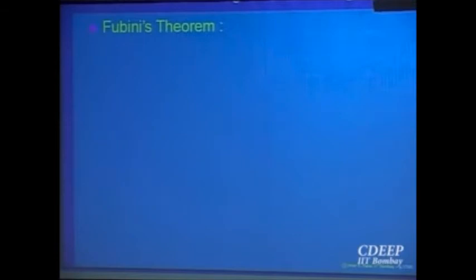And the theorem, which is called Fubini's theorem, says: supposing your function is integrable, for example, a continuous function defined on a rectangle [a,b] cross [c,d]. Now it is a function of two variables. If you fix one of the variables, then it becomes a function of one variable on that appropriate interval. And it is a continuous function if the function of two variables is continuous. So it becomes integrable as a function of one variable, right?